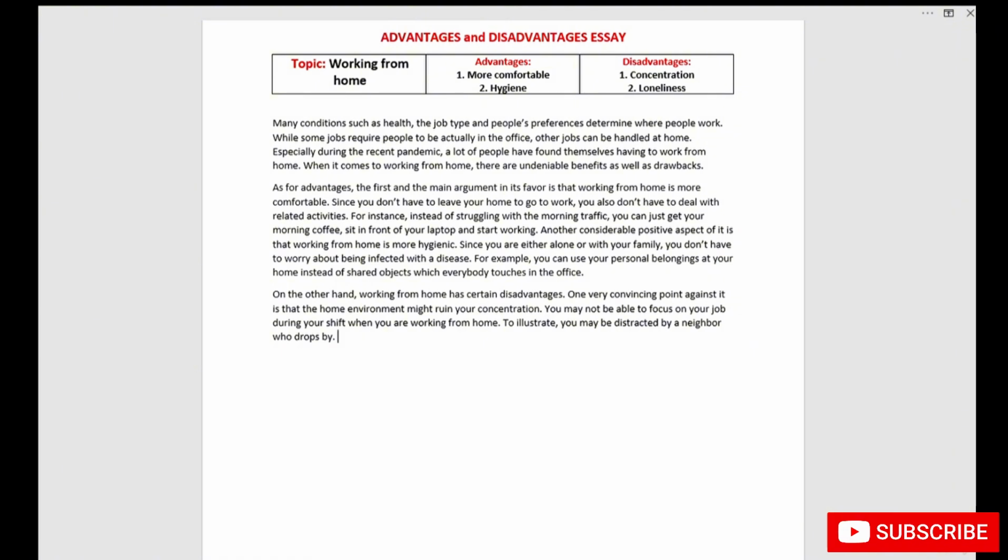Now I'm going to add another example, and I will continue by saying a further drawback of it is that you may feel lonely. Again, I made a general statement. Now I'm going to narrow it down and I'm going to support it with a specific example. So I say,